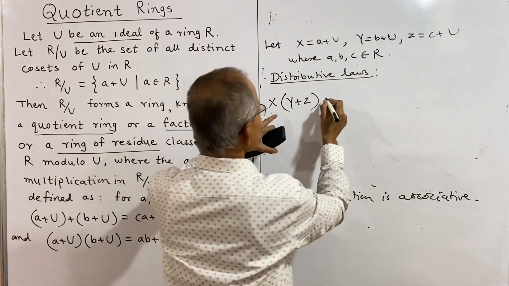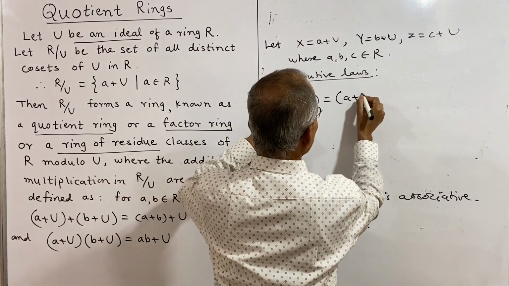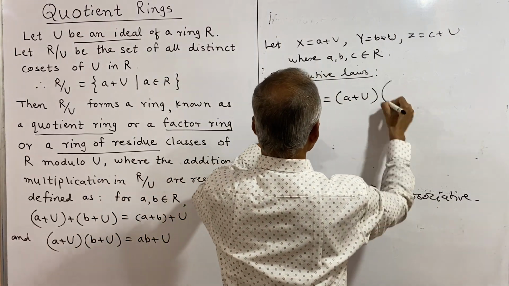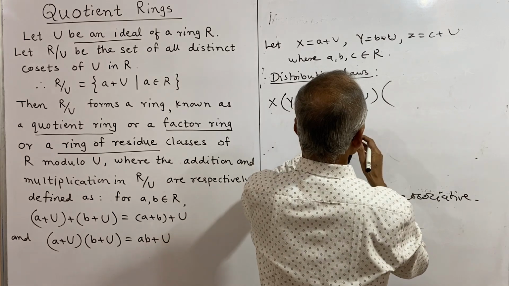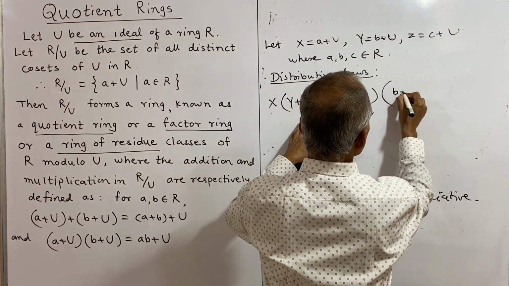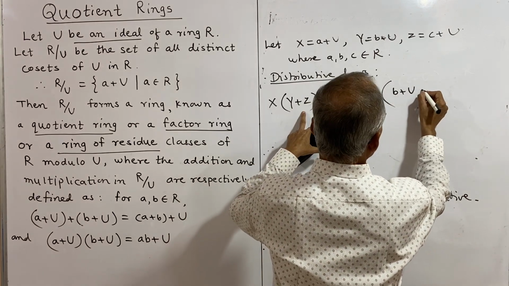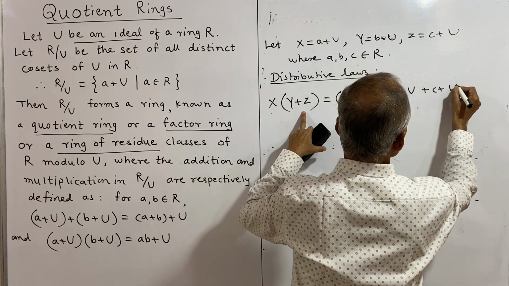So what is x? x is a + U, and what is y + z? y + z is b + U plus c + U,